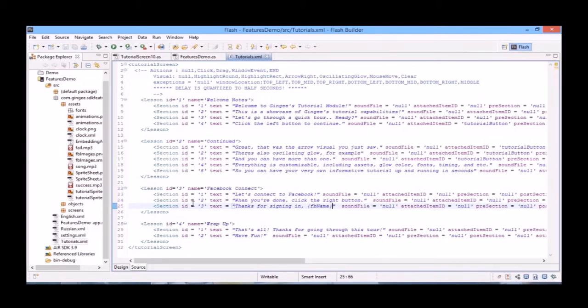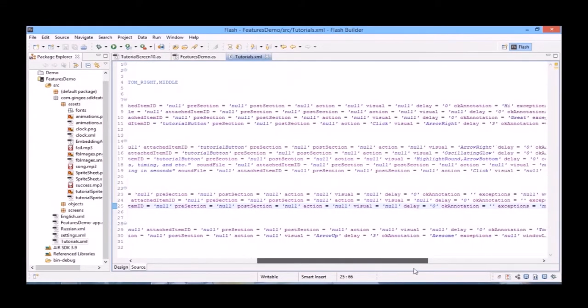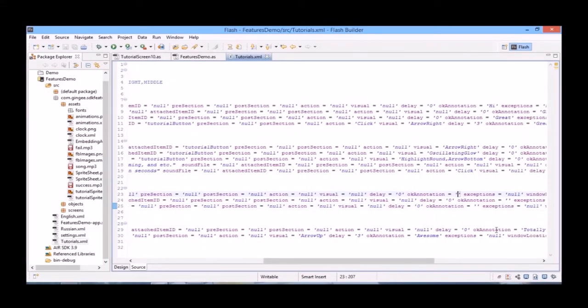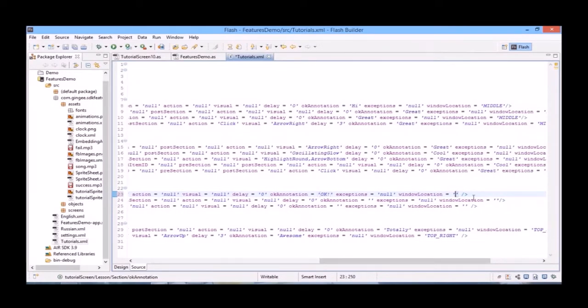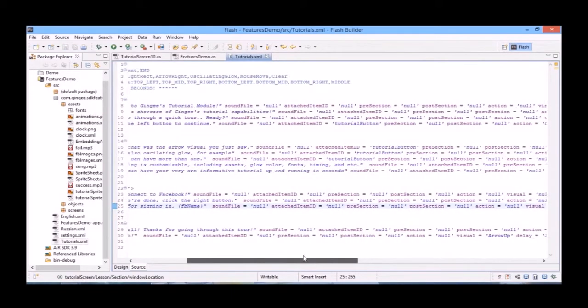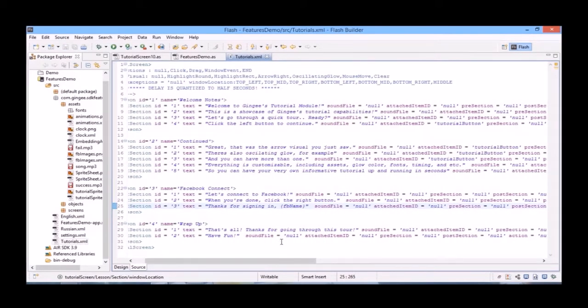Now in our first section, let's change our OK annotation to, for example, OK. And let's move the window location to the bottom right. And I'm actually going to have all 3 of these windows appear in the bottom right. Okay, now for our second section,